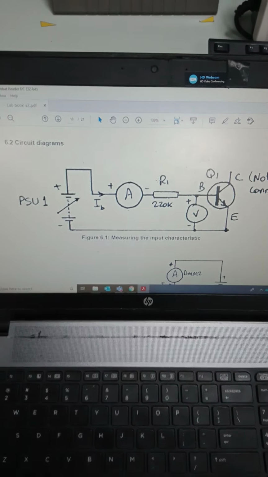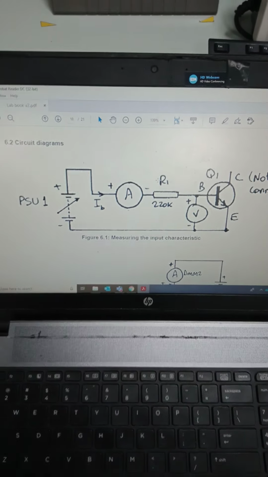So that is the voltage across this R1 resistor, right? And as I have said previously, VBE is about 0.6 and 0.5 in most cases, so in general knowledge, you know, right? So about 3 volts should be supplied in this PSU1. So therefore I have supplied about 3, and then I have adjusted it in order to get the